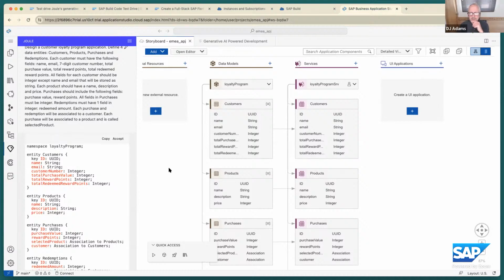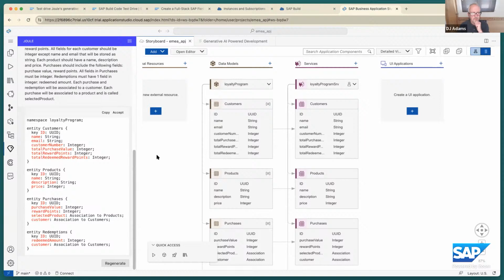So anything to point out here, Tom? I think before we dive into the code, it looks pretty good. I think you're off to a good start. It looks like it generated all correctly. That's the one thing to watch out for. Every generation can be different than the previous one with AI, and that's why there's a regenerate button. So yeah, it still requires you to know what's being generated, understand it, and sometimes adjust it.